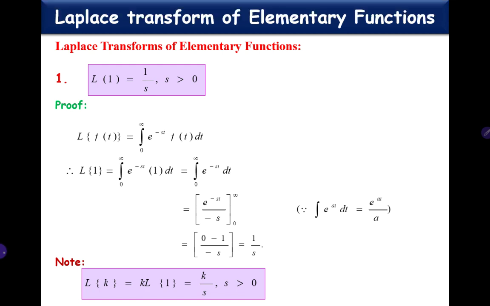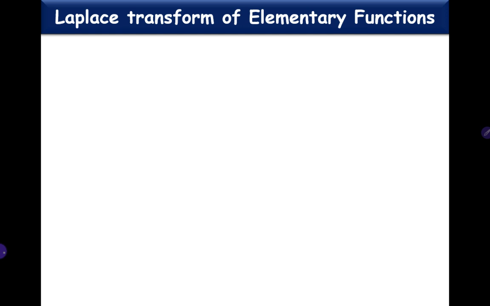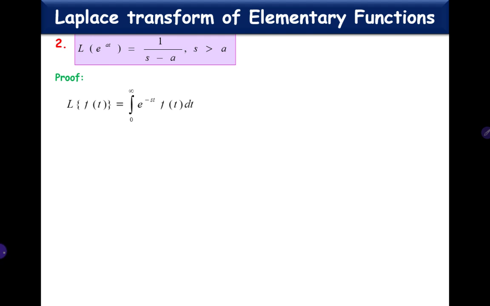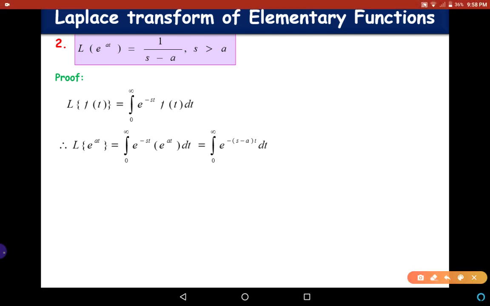Now the second Laplace transform is L of e power at. L of e power at is 1 by s minus a. Let us look how L of e power at is 1 by s minus a. Again consider the Laplace transform of f of t, and in place of f of t we substitute e power at. Then we get L of e power at as integral 0 to infinity e power minus st into e power at dt, which is equals to integral 0 to infinity e power minus of s minus a into t,